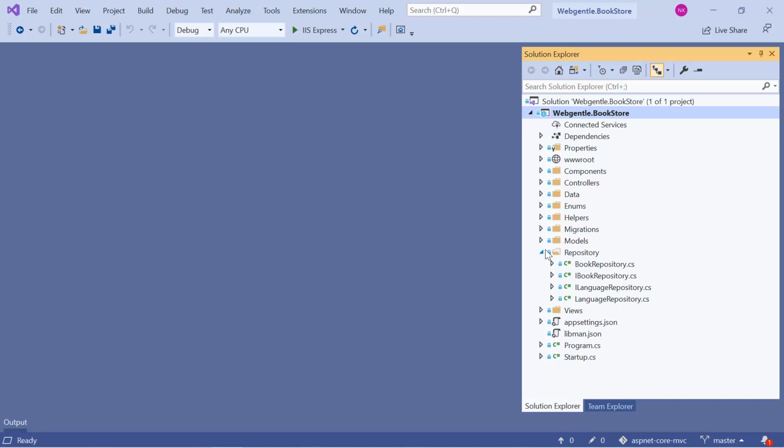Before learning this concept, I would suggest to watch the previous video of this tutorial where we have covered dependency injection in ASP.NET Core, because that is the base of this feature. If you have covered dependency injection in ASP.NET Core, then only you can use this dependency injection in view file. Okay, let's start. Let's open the index file.